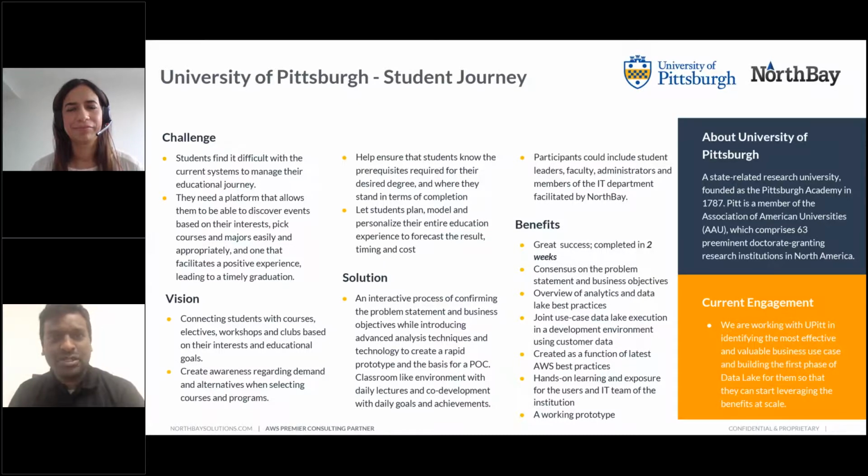Let's push the buttons for the migration projects. Let's push the buttons for net new initiatives. So as you can see, get started with something small, from an idea to let's see how it works, the POC, and what we call a jam session in 2 weeks, where we were able to show end to end, and they saw the benefit, and again they're moving full force into cloud adoption.